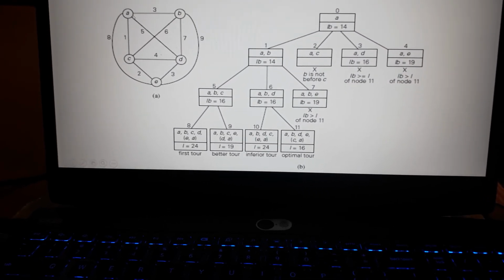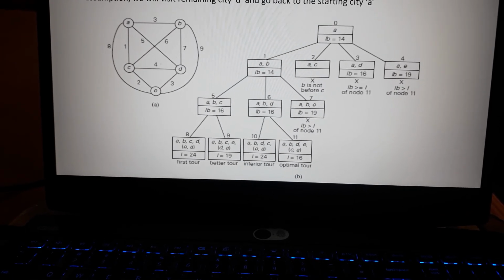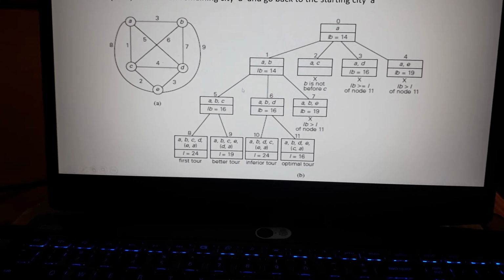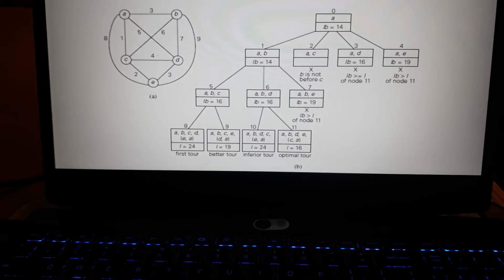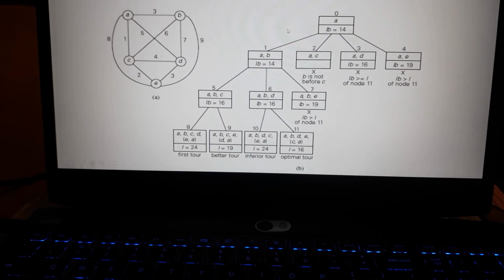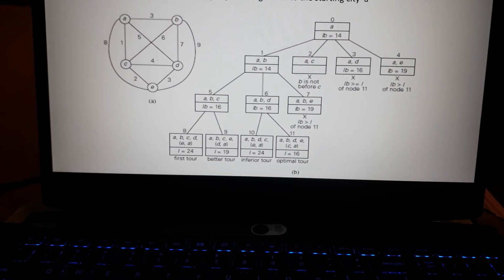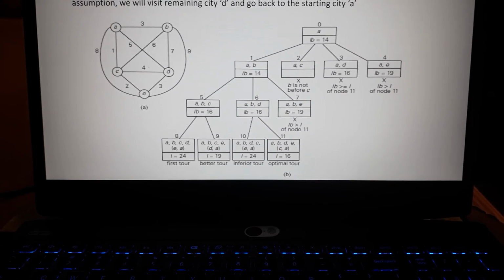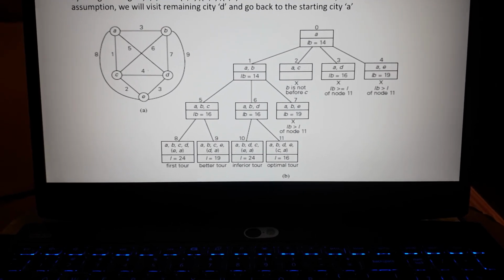Now, we will construct the next tour, that is ABDE. So, after visiting the cities A, B, D, if we visit E, we will complete 4 cities. So, we have to visit the remaining city C and go back to the parent city. So, the total length of the tour L is equal to 16. Now, we finished constructing the state space tree using branch and bound.